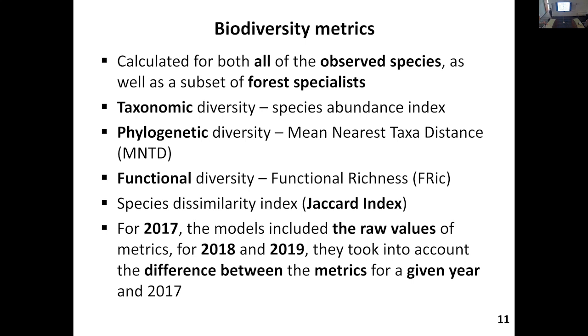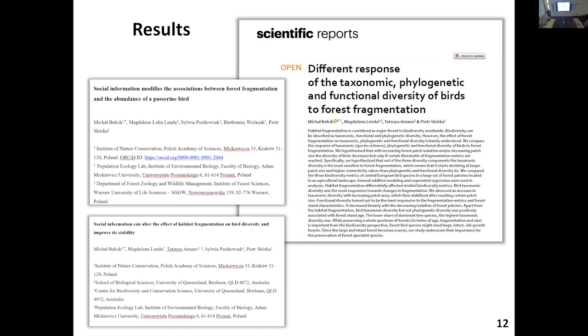And getting to the results, some of those are already published, some of those are already in the pipeline, as we may call it, already in the works. And the first result I would like to show you, that will be on the first graph that I'll show, is the